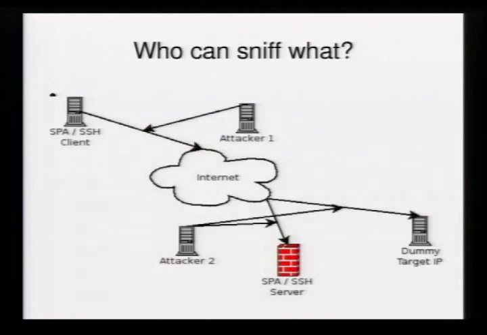So in the SBA architecture, we will see how this gets changed when we run the packets over the Tor network. But essentially, who can sniff what? We have an SBA client here at the upper left who wishes to authenticate to the SBA server that's running here on this brick wall, this firewall. This is NetFilter in the FWKNOP case.